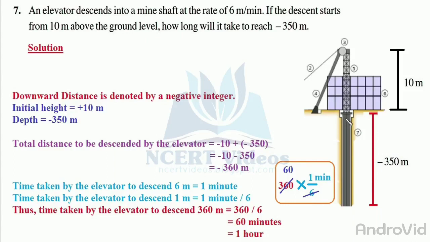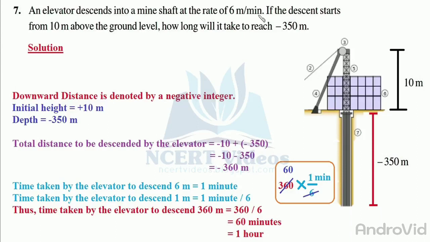So this can be visualized by this figure. This is a mine shaft. It can be a gold mine, an iron mine, or anything. It is a mine. So here is an elevator to keep the things moving up and down. So what the question says is,